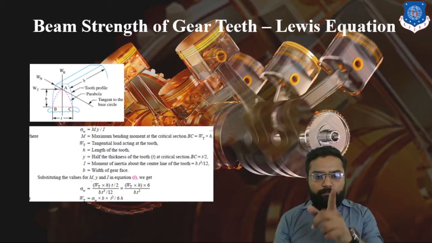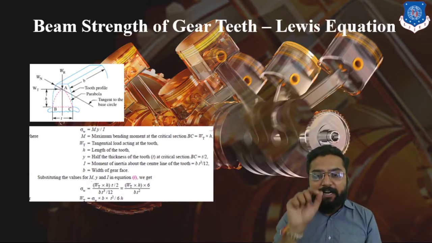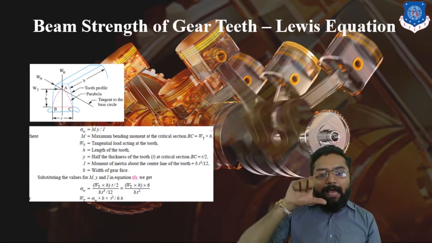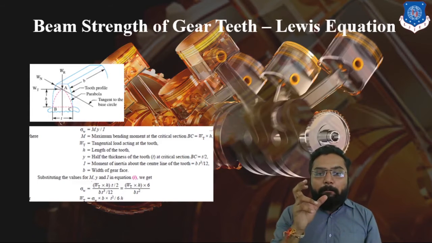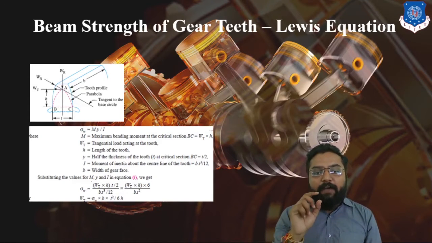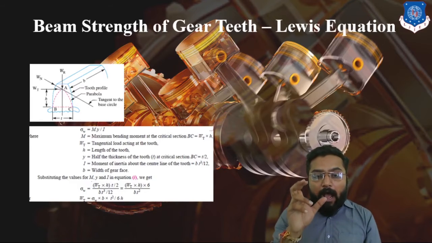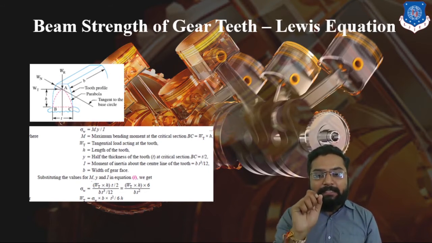Clear? Since shear stress is generated at the bottom, or you can say at the root of our teeth, through that height h, the base will be B. If I am considering the base applicable in our moment of inertia, the base will be B and the depth will be T. So our moment of inertia in this case will be BT square by 12.